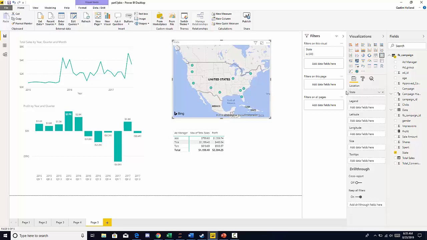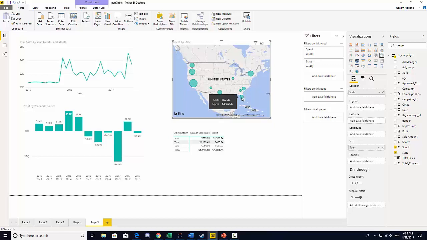If you go over to the Fields pane, we can see that we have a legend, latitude and longitude, if you have those fields that can be populated. We have size, and we can change the size of our dots by bringing in one of our aggregated measures, like total spend. So if we bring spend into that, you can see that the size of those